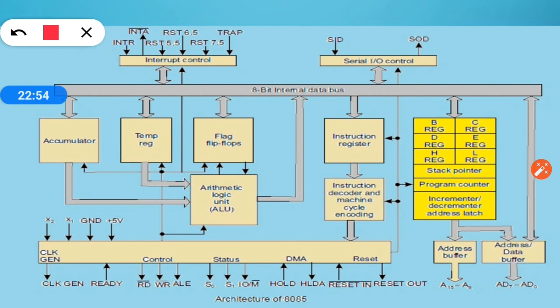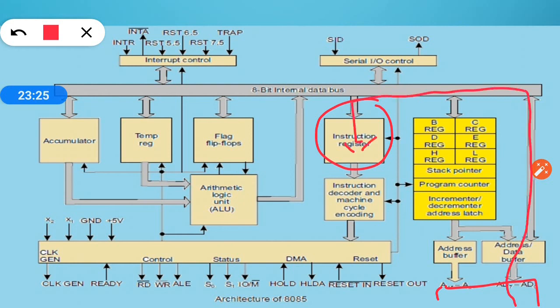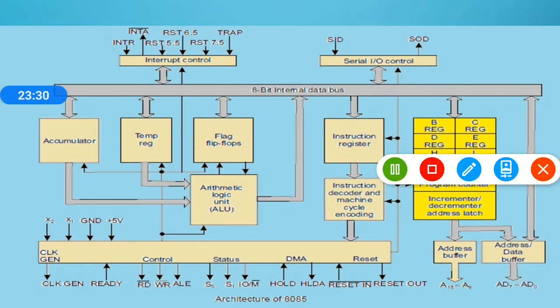So now, then there is the instruction register. As the name indicates, it fetches the instruction from the memory device. We know that instructions are stored in the memory, and the program counter always holds the address of the next instruction when we are processing the current instruction. So the instruction register's task is to load the instruction from memory into the instruction register, right? It fetches the instruction from the memory device. This is the role of the instruction register.